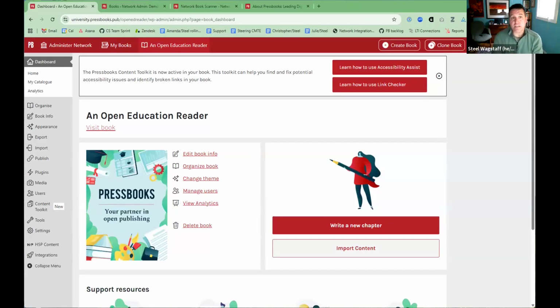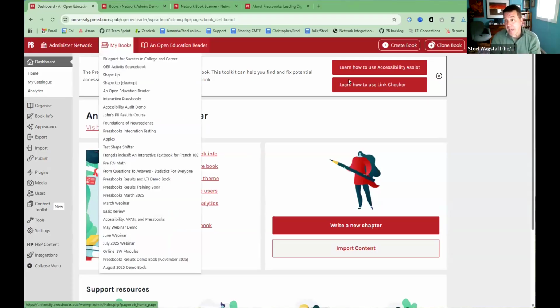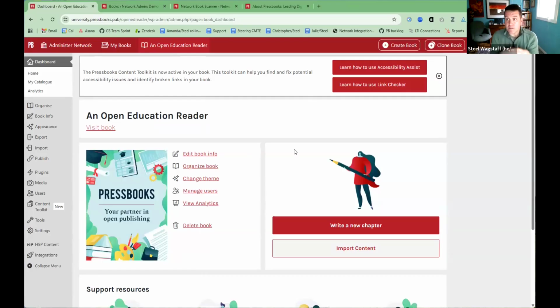The first thing you'll notice is this is the standard editing authoring interface for authors in Pressbooks, and there's now a banner at the top of the page. This is a notification banner that's letting you know the Pressbooks Content Toolkit is now active on your book. The toolkit can help you find and fix potential accessibility issues and identify broken links. There's two components to that I'll demo: Accessibility Assist and Link Checker.